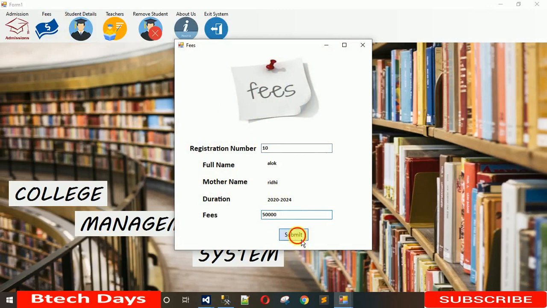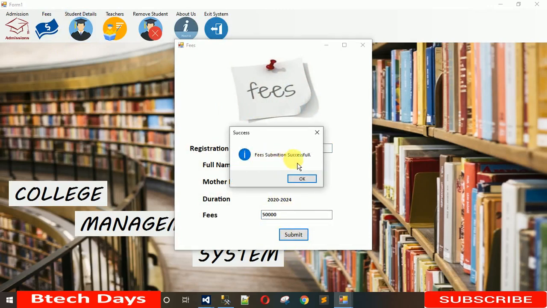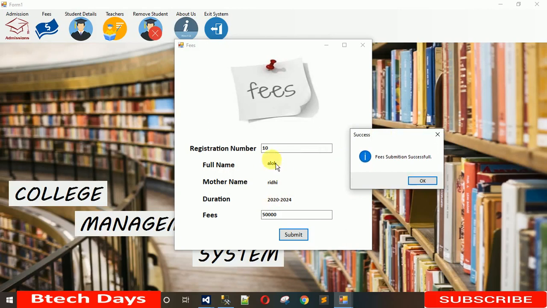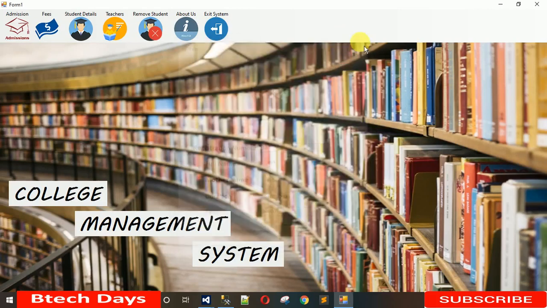And when I click on the submit, here you can see that fee submission is successful, but the data is still here. What I need is to clear all these text boxes. When I click on this, okay, here you can see nothing has happened. Let me just close this,